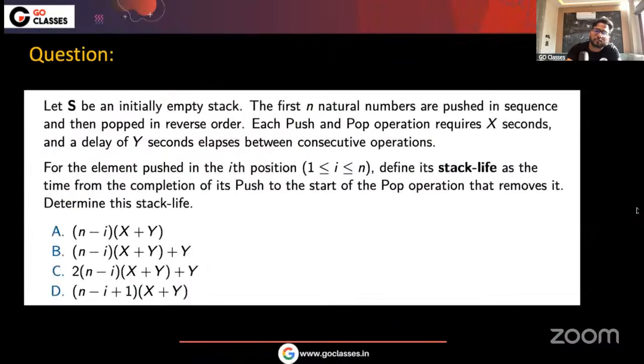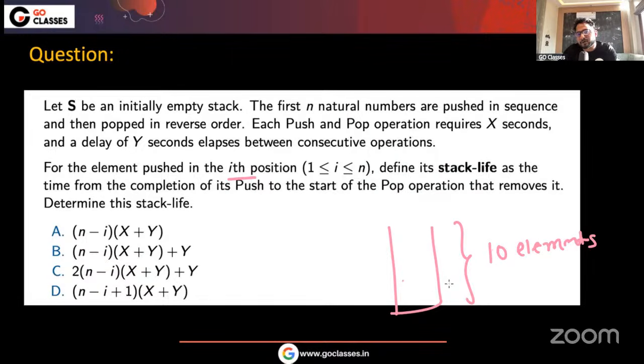Now let's just see this question. They're asking the same question, but for the ith element. Suppose n elements you are pushing, and they're asking for the ith element. For example, let's suppose you're pushing 10 elements. Suppose for the third element,